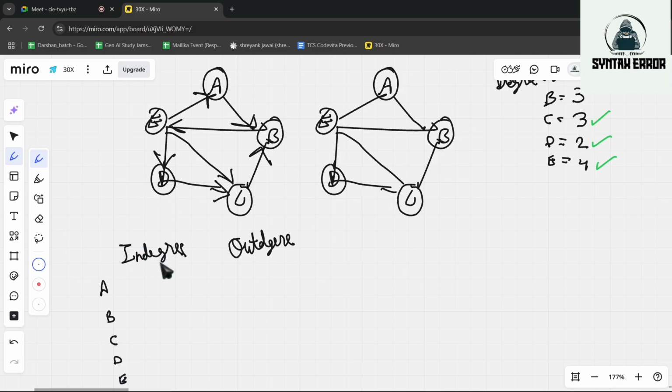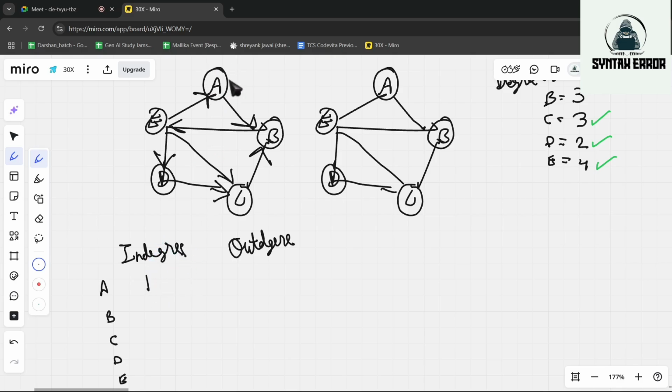In degree is the number of incoming edges to that vertex. Out degree means the number of outgoing edges from that vertex. So when we consider A, here we can see we are having two edges. But in these two edges, one is an incoming edge and one is an outgoing edge. So the in degree of A would be 1, not 2.